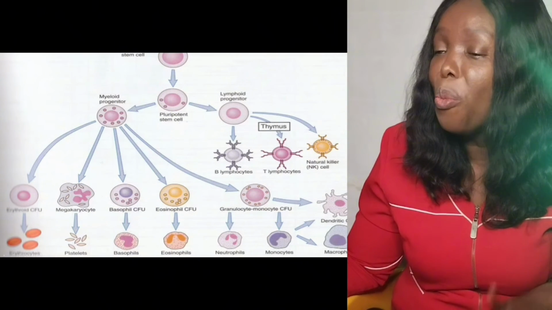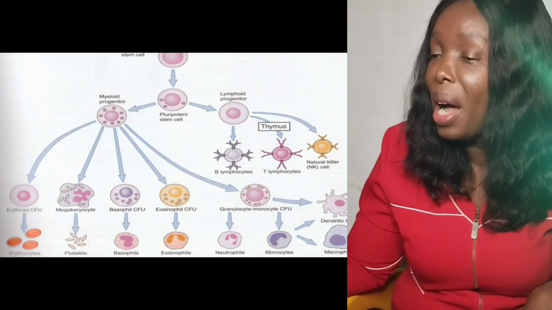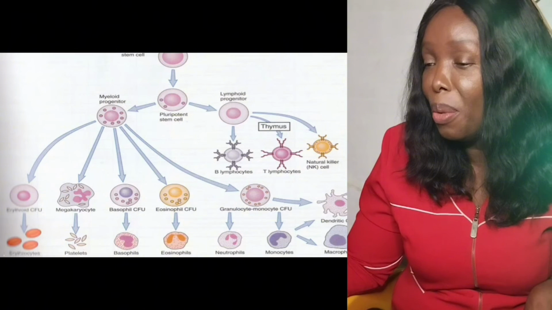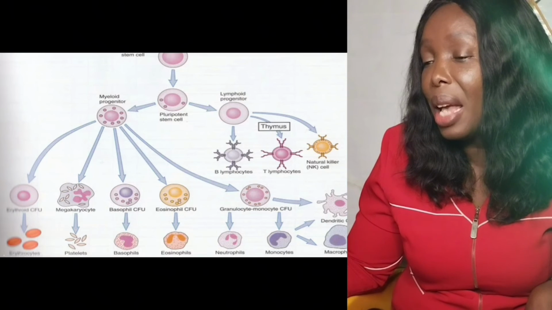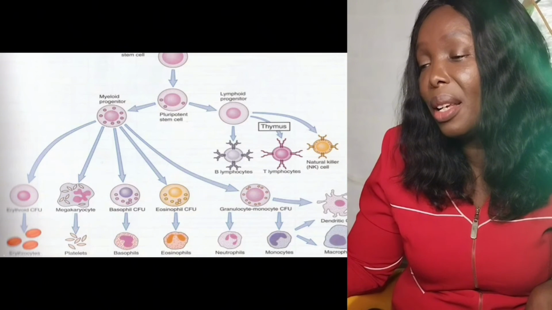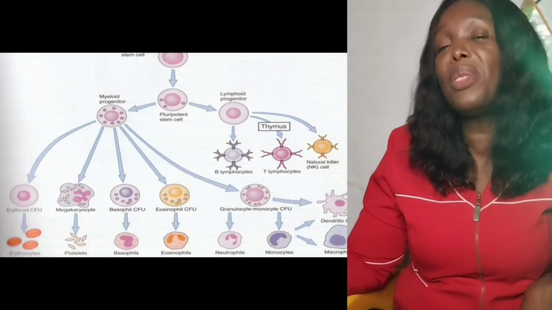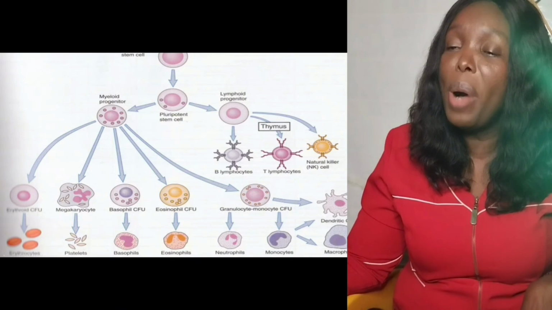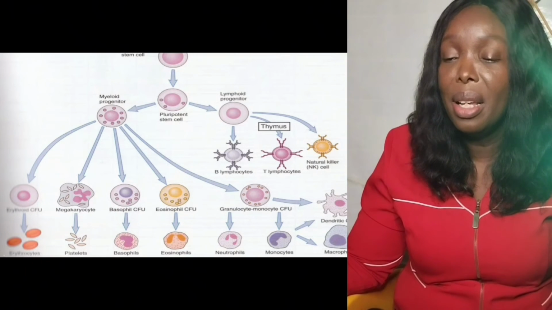We have in the bone marrow, remember, the lymphoid progenitor cells, the B lymphocytes mature in the bone marrow, while the T lymphocyte matures in the thymus. And then we have the natural killer cells, also maturing in the bone marrow. So the lymphoid progenitor cells give rise to B lymphocyte, the T lymphocyte, and the natural killer cells, while the myeloid progenitor cells give rise to other cells like erythrocytes, platelets,